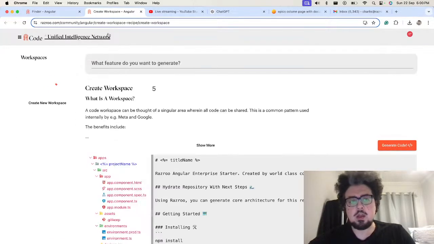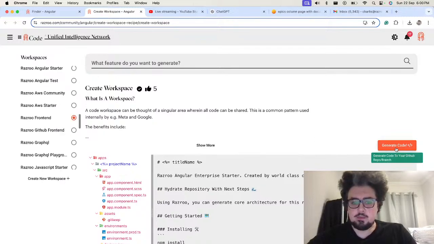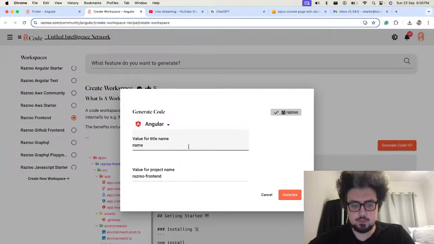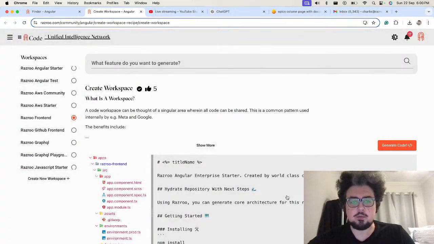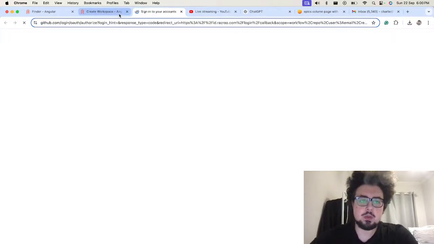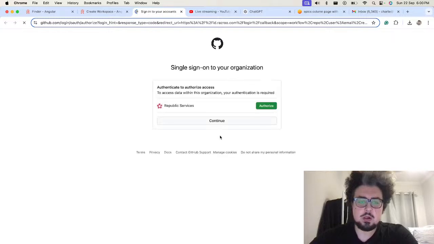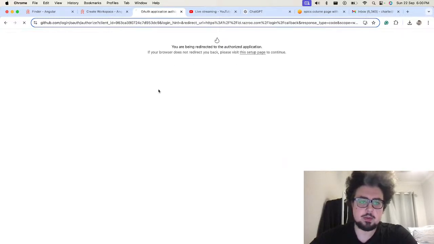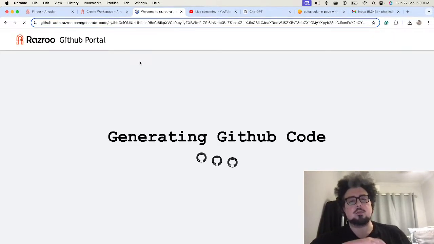So here I'm going to generate a workspace, and this is going to be the same name for both of them. For this I'm going to call it sample live repo, and I'm going to generate this directly to my Razroo repo. Now, this is just some company I do consulting for, whatever. So now we can click on that, and we will then generate over to